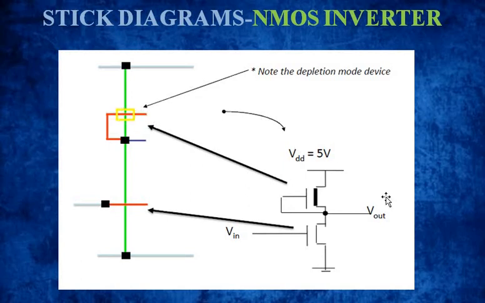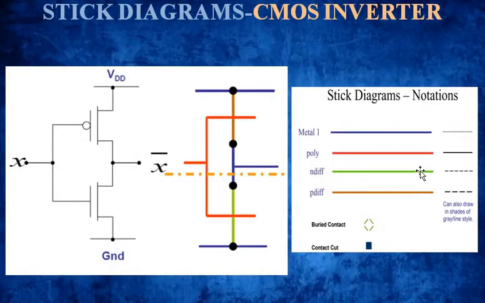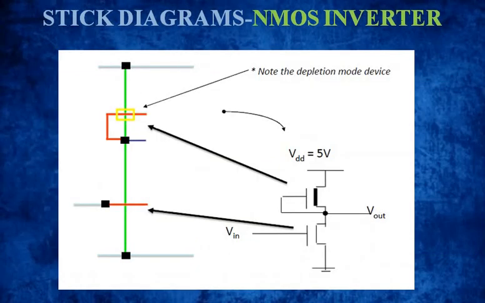As we are saying the name NMOS inverter, what is the N diffusion color? Green. In CMOS we used PMOS brown color and green color separately for two different transistors, but here we are using only NMOS transistors. The very first step is to draw the two blue lines for VDD and ground. These both are NMOS transistors, so I will draw a complete green line. Correct or not? So it is N transistor completely.